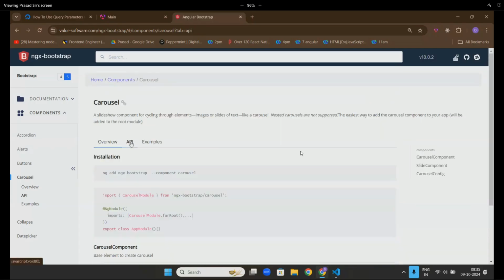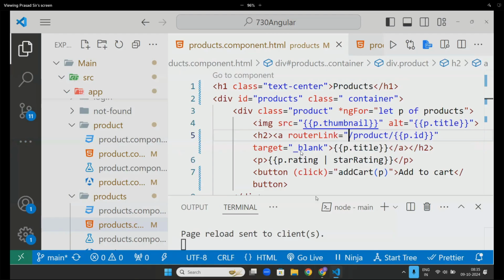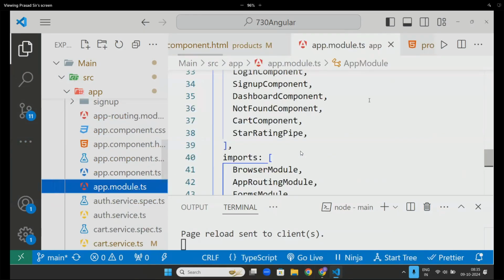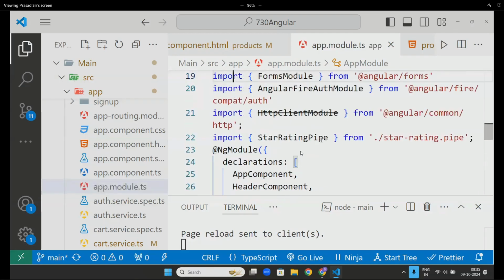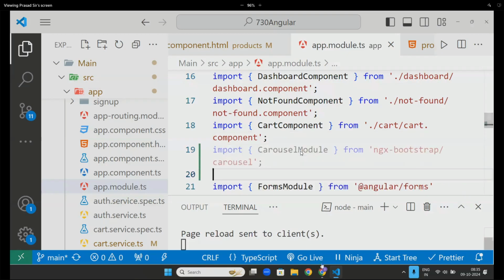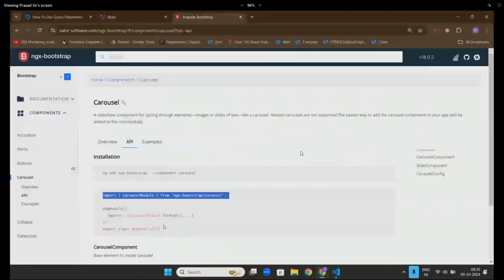Go here. API. First, I need to take this module, carousel module. Go to this particular one. See, sir, everything which I'm doing, I will do it in front of you only. So you try to do it on your own more and more. Okay. So it's very simple. If you read the documentation only, you can learn. And I need to add this carousel module import.